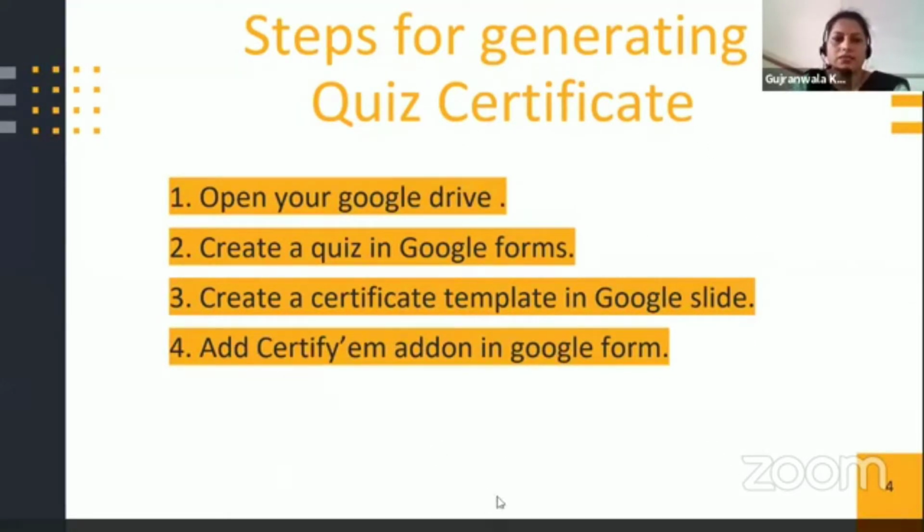Before proceeding further, I just want one poll to be conducted so that I can know how many of you know how to make a Google form and how to make a slide in Google Slides. So be honest in that. I'm launching a poll. You have to just answer yes or no, and you have 2 questions in the poll, like the one I have launched already.